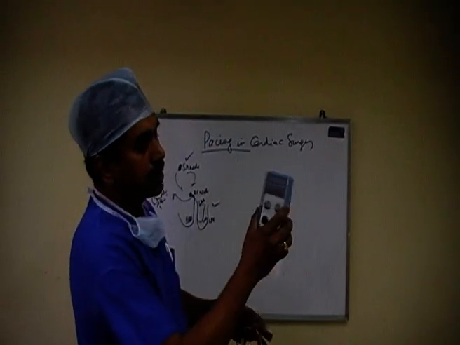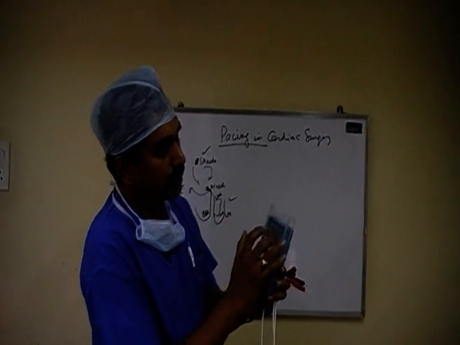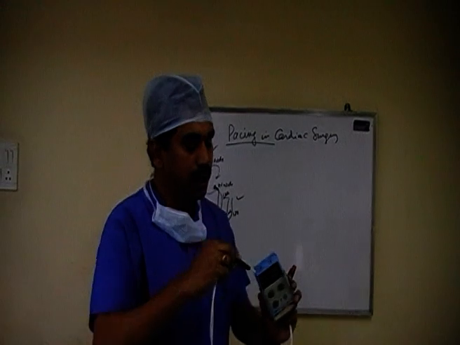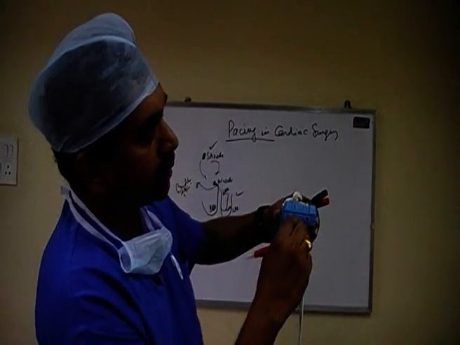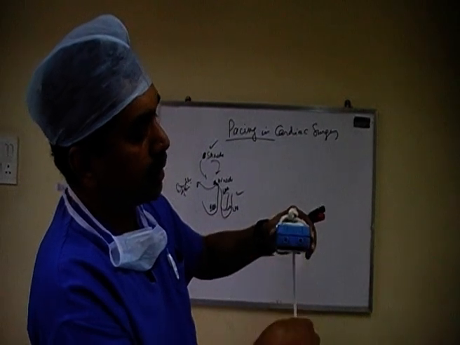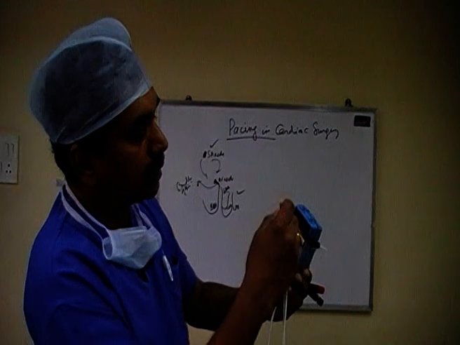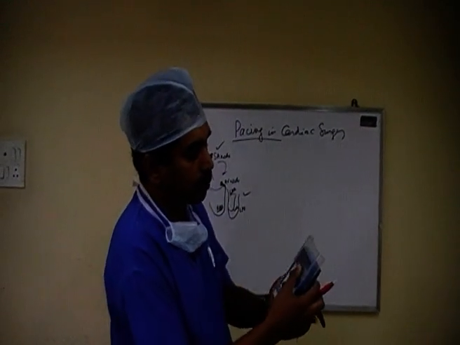So this is a single chamber pacing box. Of course, this is a very old model that we have got for demonstration here. But here there will be a plus and a minus. So the plus one should always be the black one, and the minus one is always the red one. So once you connect these and you make sure that they are properly in place, then what you have on